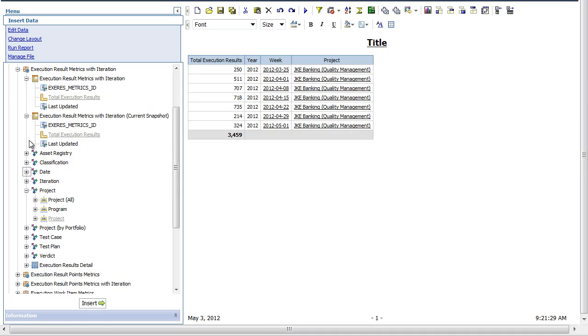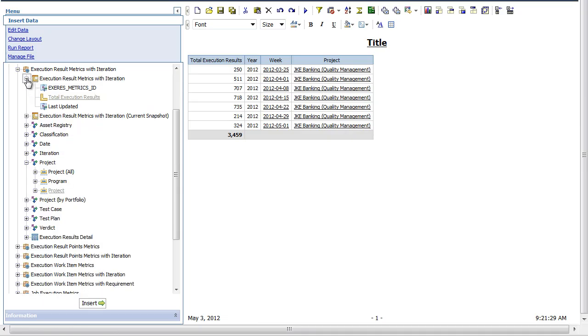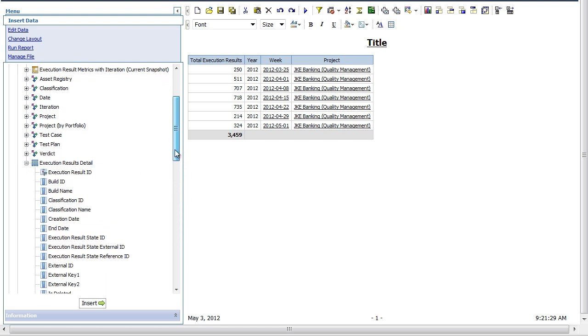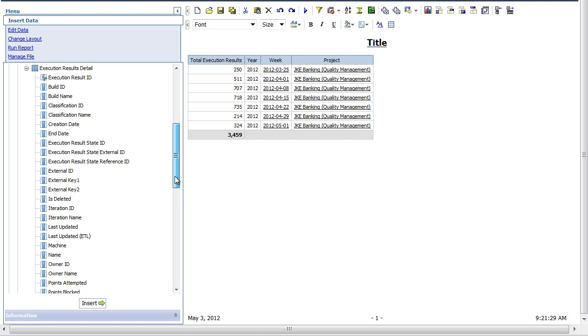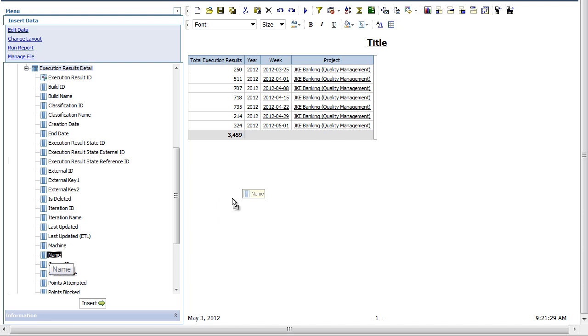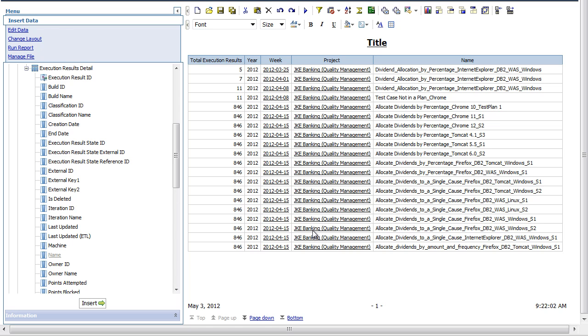I'm now going to collapse some of the sections so you can take a look at the detail level data. The reporting data model package also includes operational or detail level data. This is historical lookup data that captures data for the entire trend. So for example, if on March 1st you had 10 execution results in the trend, then you can use this to see which 10 execution results they were. If on the next day, on March 2nd, you had 14 execution results, then you can see exactly which 14